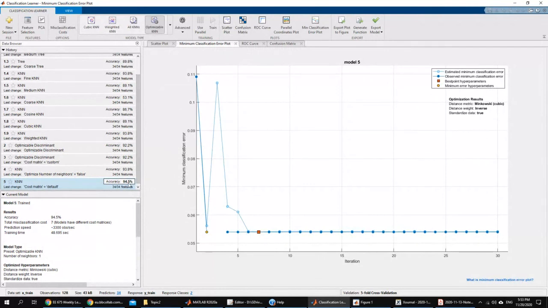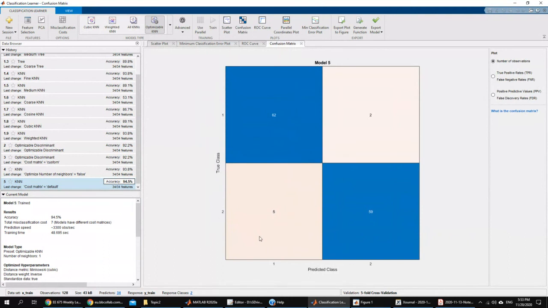So now it's 94.5%. Let's see the confusion matrix. Now it has 5 here, 5 and 2. Let's look at the other one. It was 5 and 3. It actually didn't change that, but this one actually became less. So basically it optimized this one here, but in other cases you might see that this one became a little bit lower, because this is the case that you had a very high